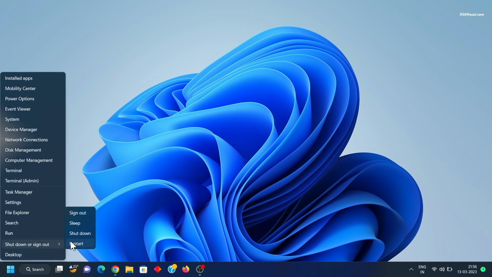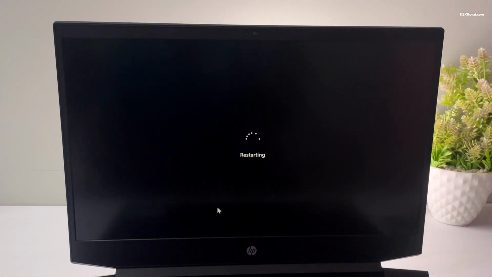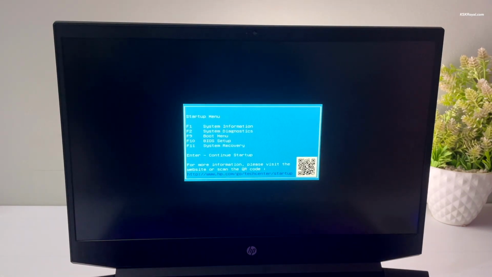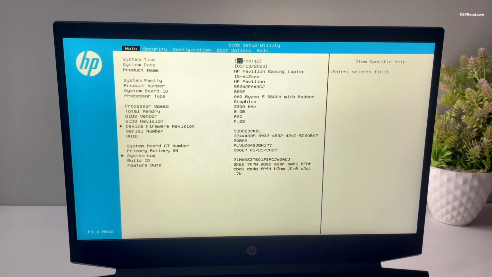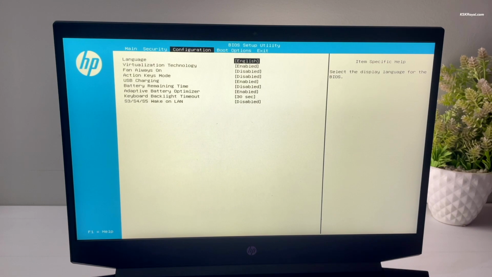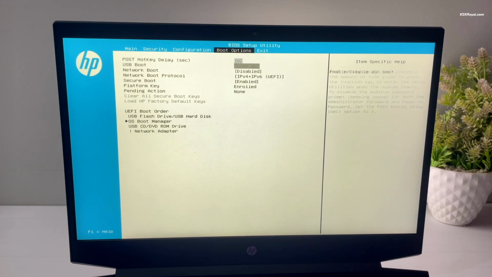Now go ahead and reboot your computer. While it's rebooting, you need to enter into BIOS settings. Use the keyboard shortcut based on your motherboard. Mostly it could be F2, F9, or the Escape key. The first thing to do after entering into BIOS is to enable USB boot. Then change the boot order by setting the USB drive as primary.